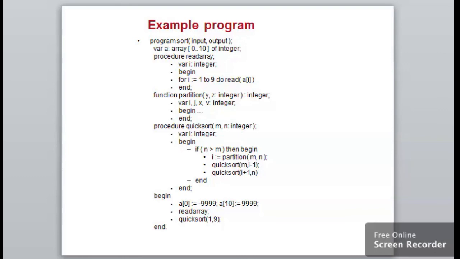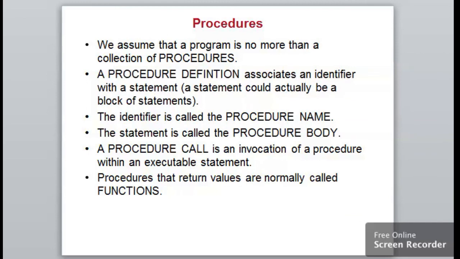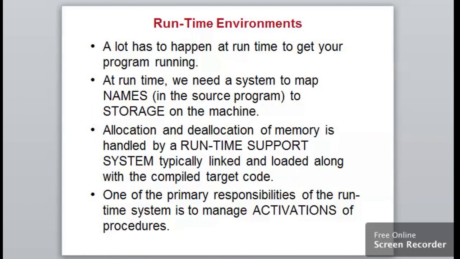This is one of the examples that we have seen for representing an activation tree, control stack and the bindings. This is a procedure definition. What exactly is a procedure? Procedures that return values are normally called functions itself. This was all about the runtime environment that we have seen in this video, that is representing a runtime support package that is normally needed for making the program run. So if I need to make the program run, at runtime we need to have this runtime support package, that is the allocation and deallocation